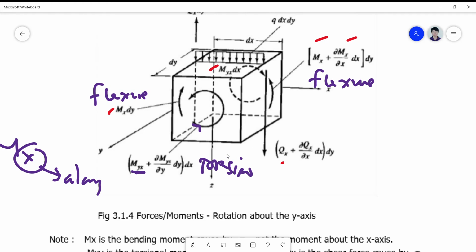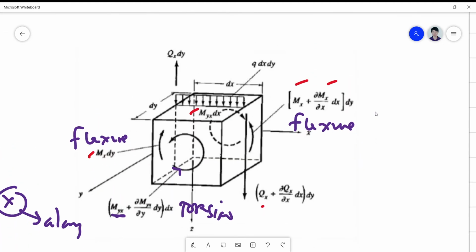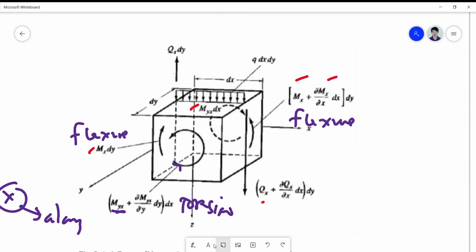So we consider moments Mx dy, and here Mx plus delta Mx dy. We can assume that this value here is simply your delta Mx. And here you also have a delta Myx